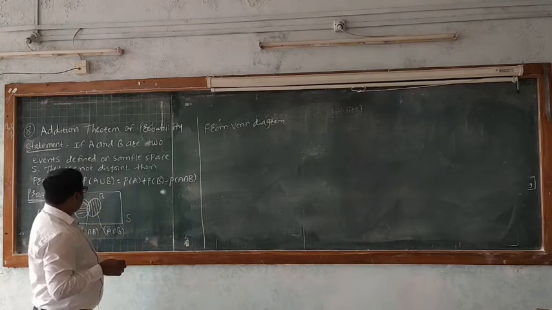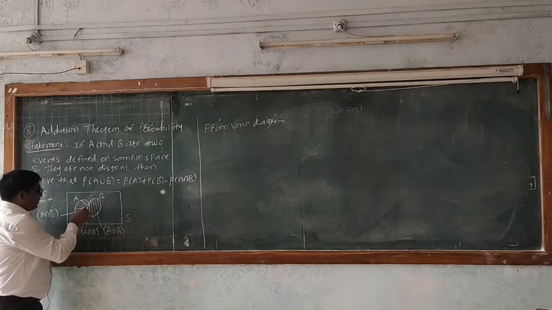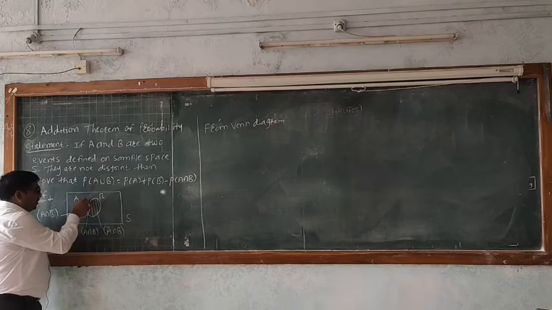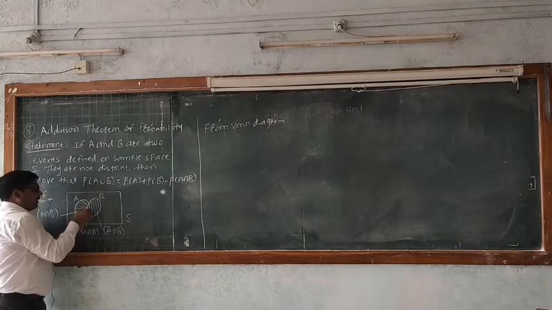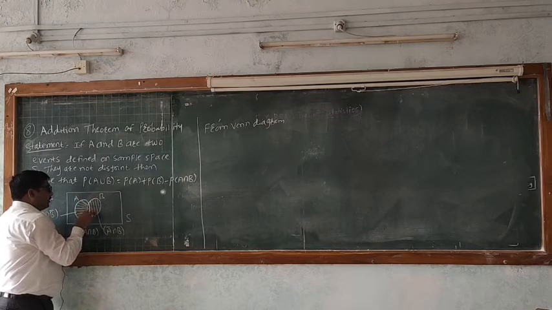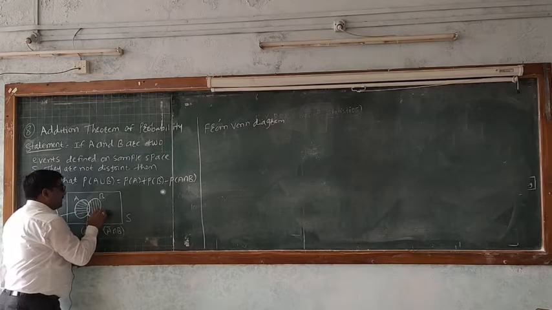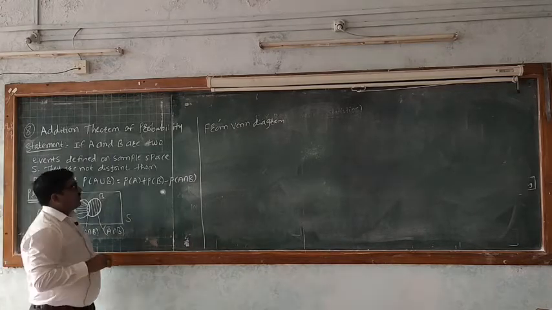So A union B can be written as this is A, and this one is A bar intersection B, right? So from the Venn diagram,